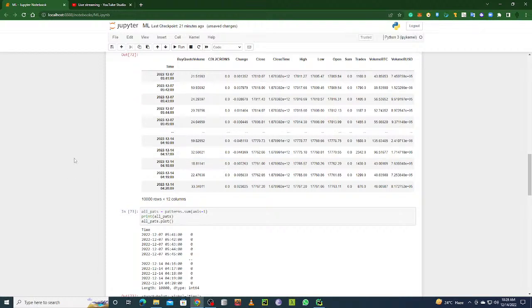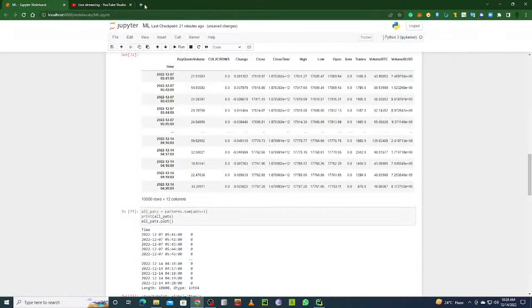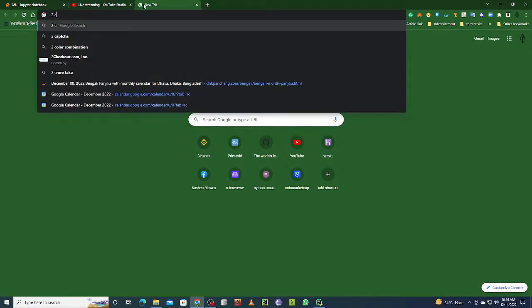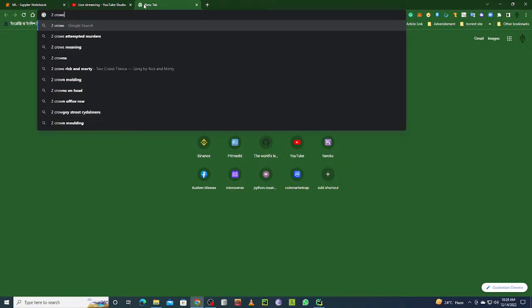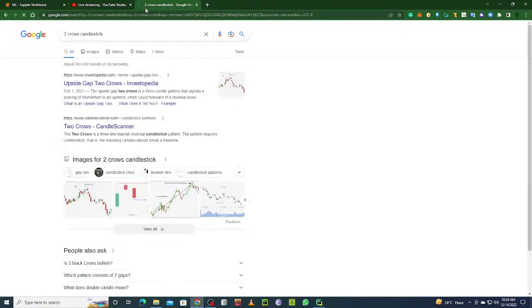Understanding the feature is the most important thing, like you see in the picture. So, you know, two crows. We all know who is actually involved in trading. Two crows candle. So by using that